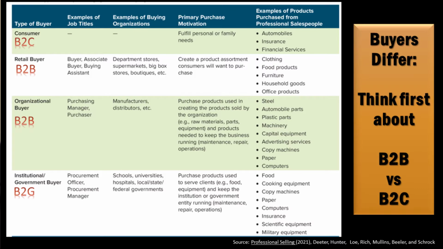And then the fourth one is really institutional or government buyers. The government will have a lot of regulation and ways in which you sell to them that makes them different as a buyer than these other private industry buyers would be. Government regulations will often dictate how they can buy and what they can buy and how they have to approach procurement.